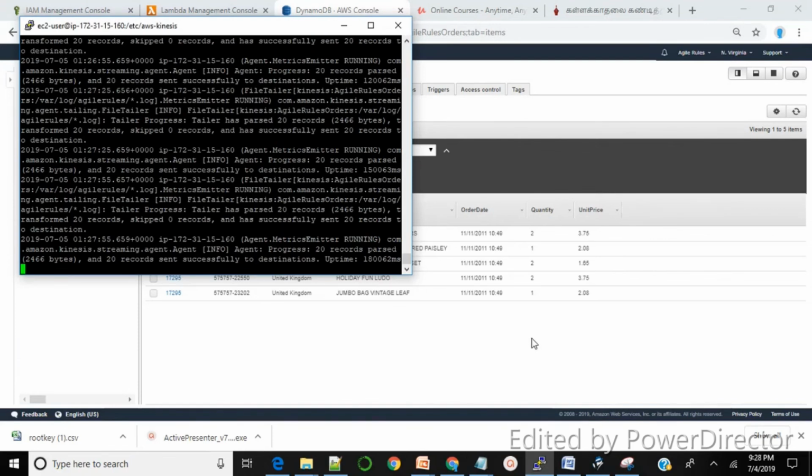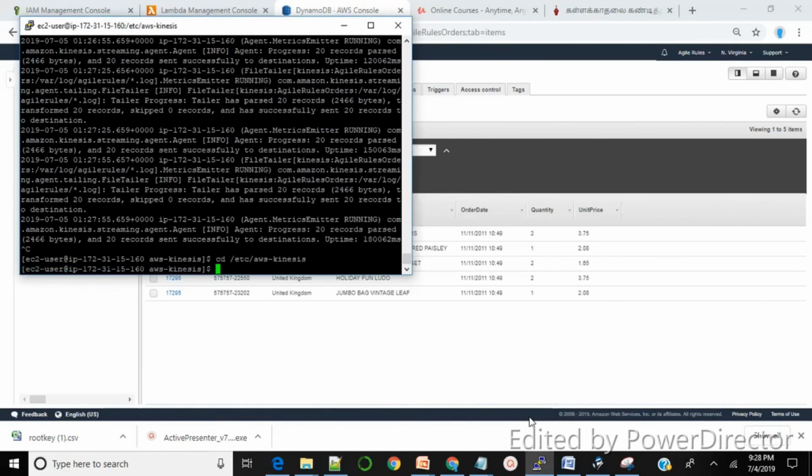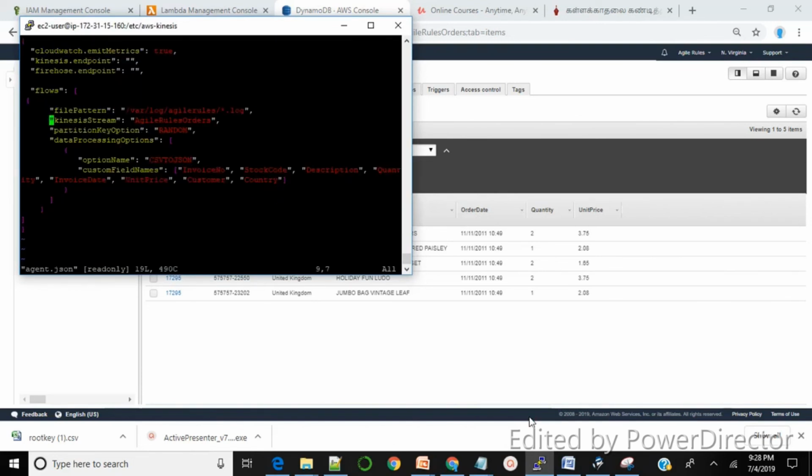Basically, the whole thing is here. If you go here, this Kinesis agent, this is the configuration file which tells the whole story. It's telling you it is reading something. The input stream it's reading for the log is this, and it is giving to the Kinesis stream. And while giving it, it is also trying to convert CSV to JSON with this option. And so once it does all this,